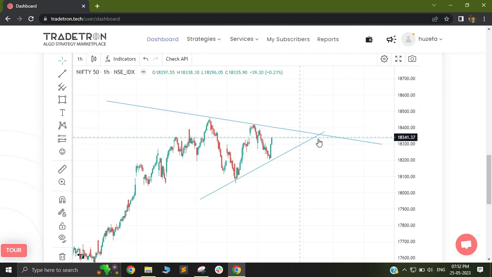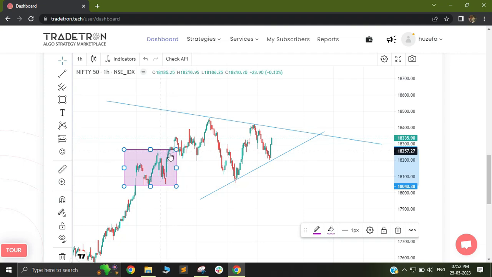So they will have some kind of lines. So a line would be here and a line would be here. And based on these lines, they would either take a directional bet, so it would either be a long trade or a short trade. Or very often people even have these kind of rectangular boxes. So in case the market is within this rectangular box, they will not want to do anything. The minute it breaks out of this box or breaks down from this box, they will want to take a